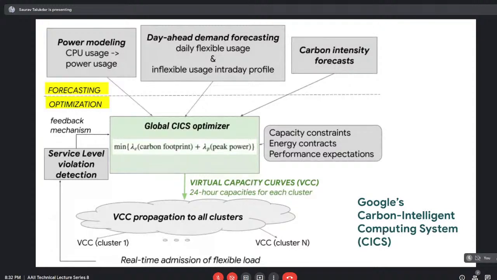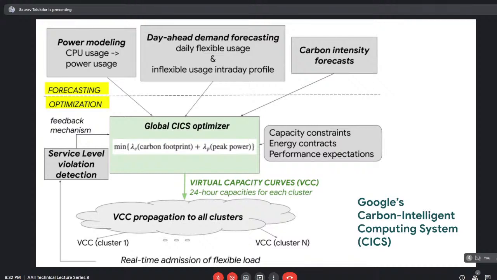Getting into the more specifics of what are the things that are needed to build this platform. The first thing is to have what we call carbon intensity forecasts, and that's available on a day ahead basis. So there's a startup that's partnering with Google on this, and they provide carbon intensity forecasts for all the locations at which Google has data centers. Next thing is